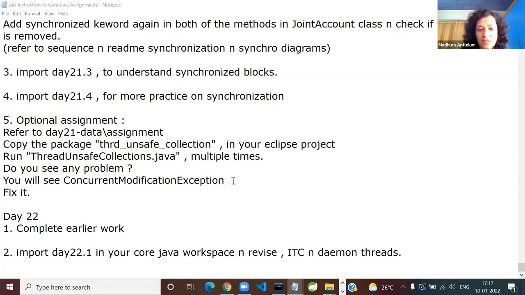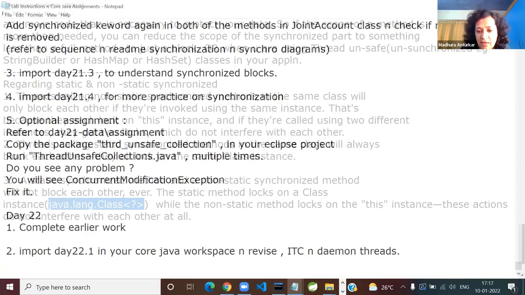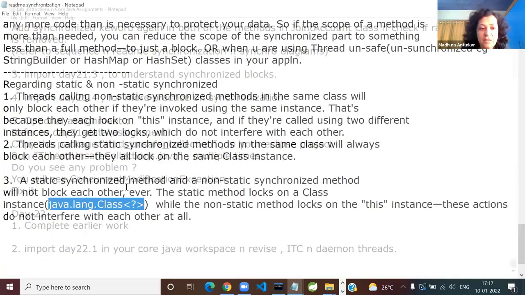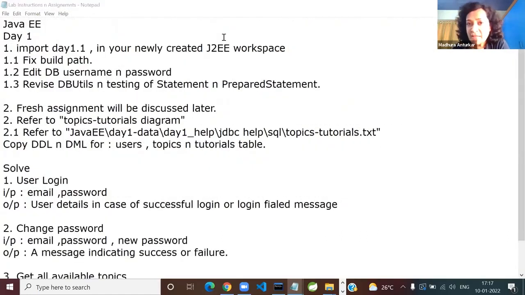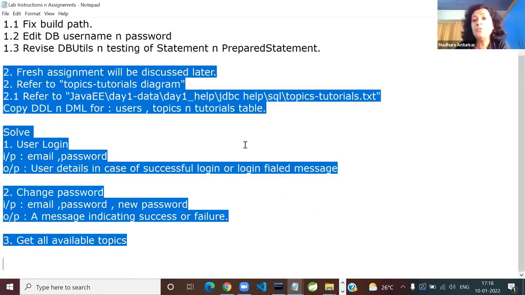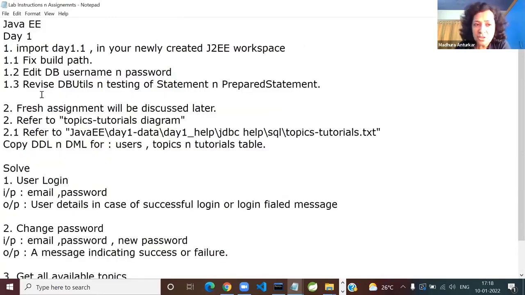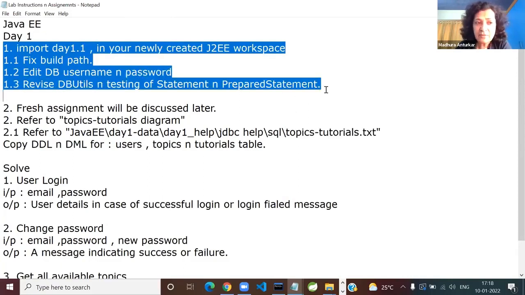Okay, that's good. So then I can close this and I can open your JDBC thing. Is anyone still facing problems, since you are doing JDBC? Fine, then let me not trouble you. I'm going to discuss a fresh assignment, but only after everyone is ready. I have not shared this assignment with you. I have to discuss it, I can't just give it to you, because it's a full case study, a topic tutorial content management system. So finish this much and we will discuss the fresh assignment when everyone is ready.